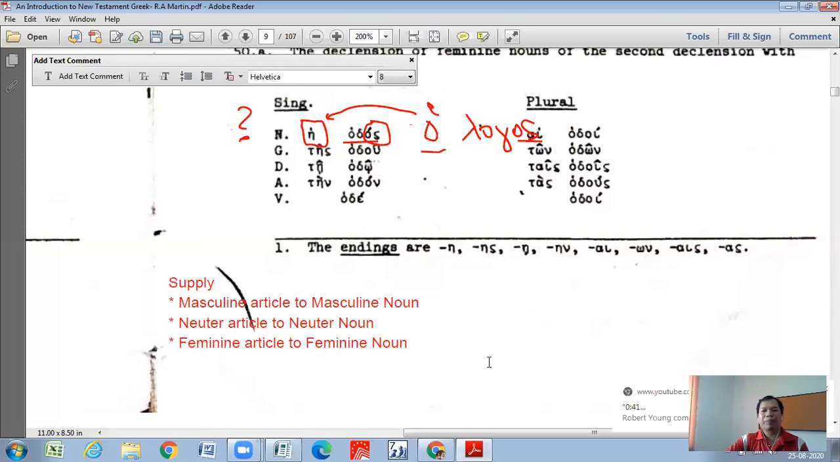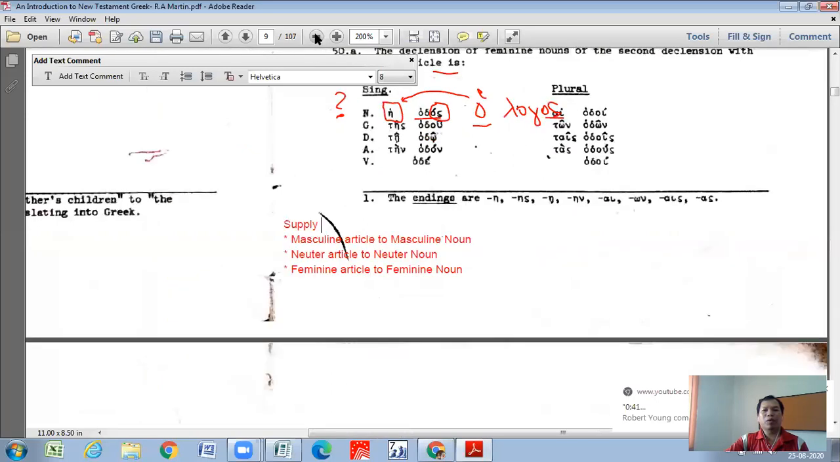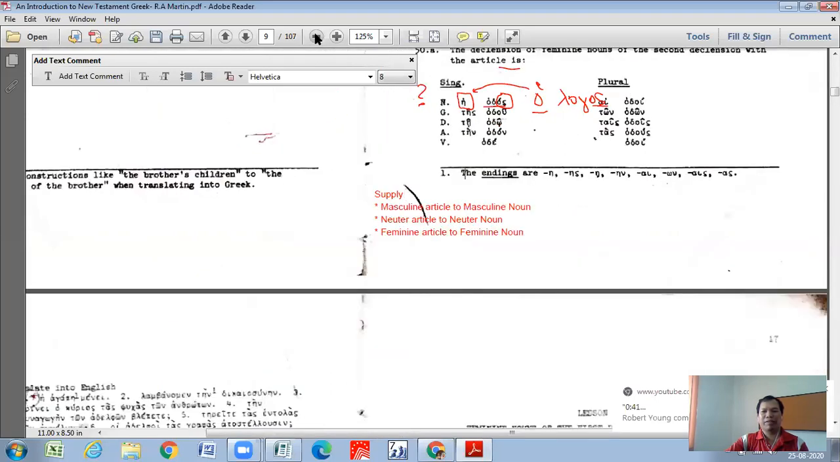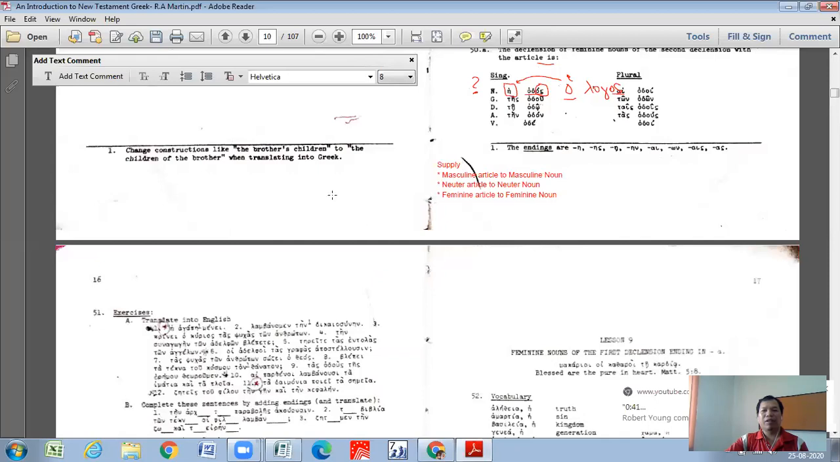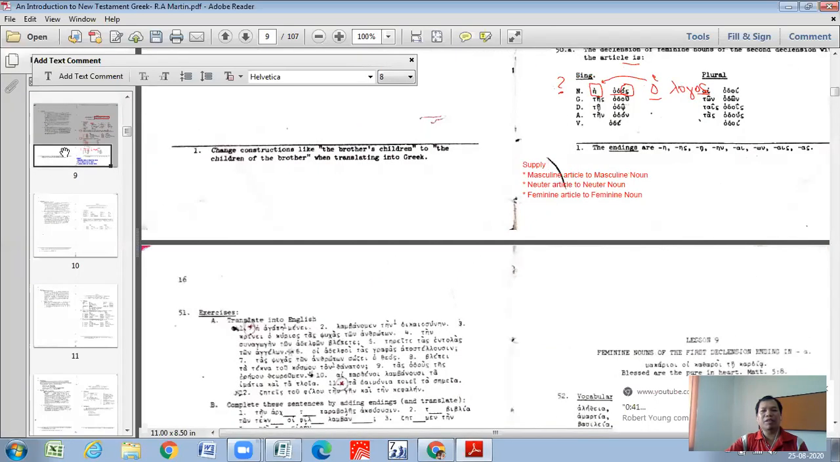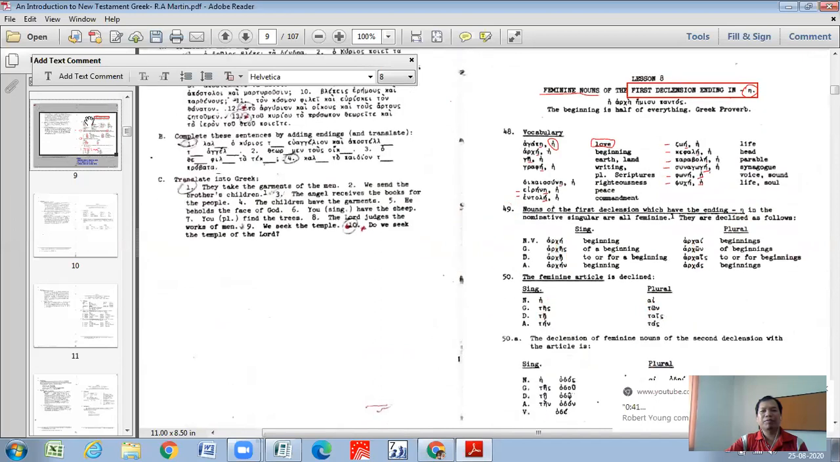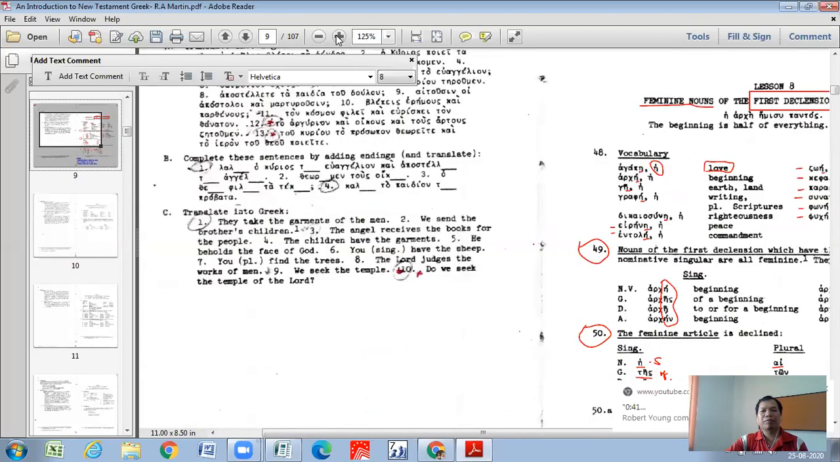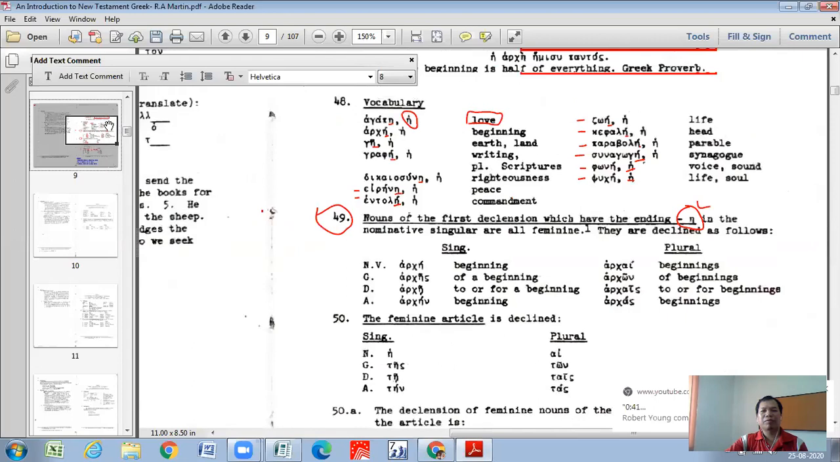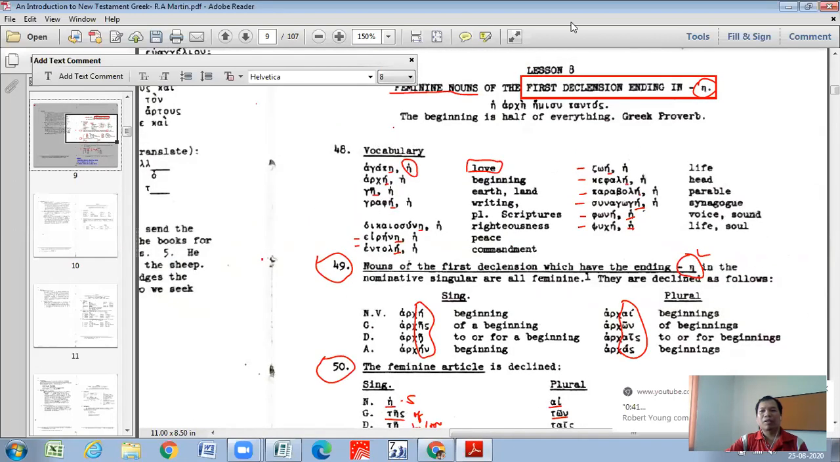Now, this is what I would like to do today. If you have any doubt, you can ask me now. Let me stop sharing. Give me one second. And let me